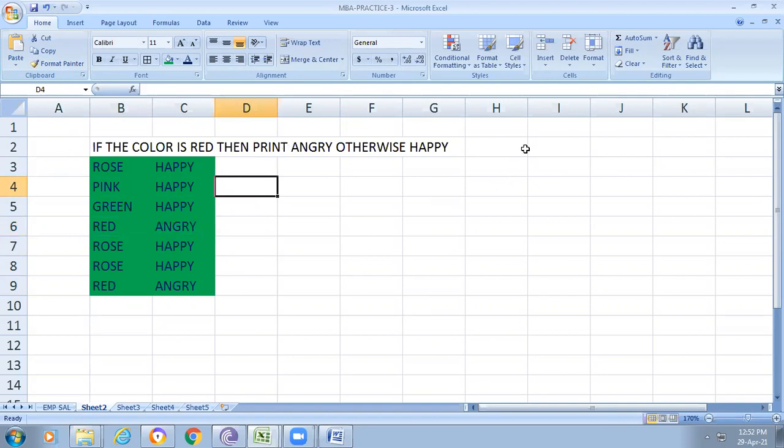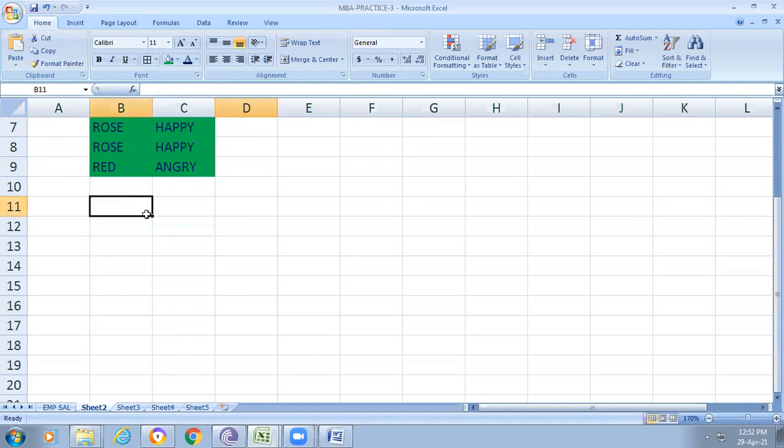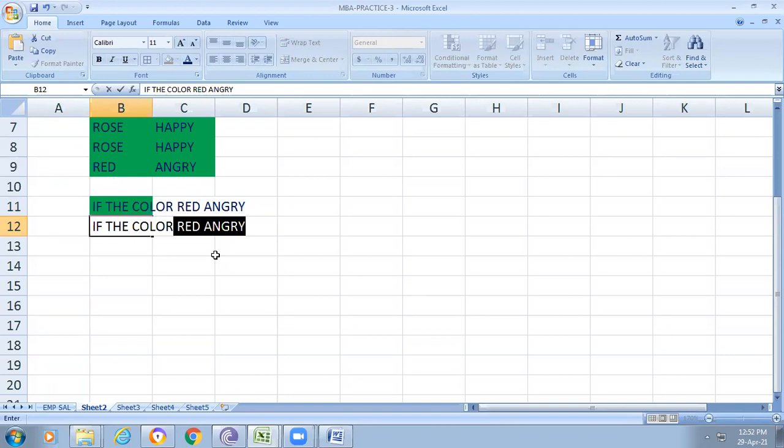For example, if our condition is changed: if the color is red, then print angry. In the same way, if the color is green, happy.